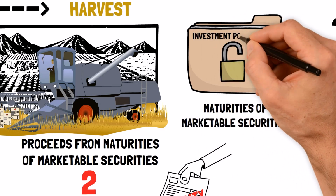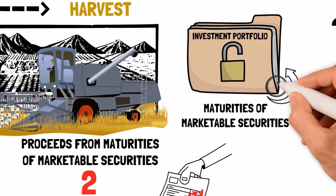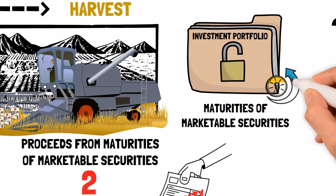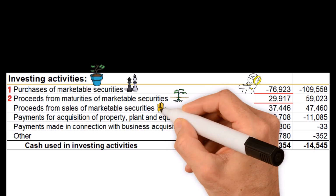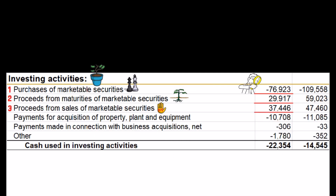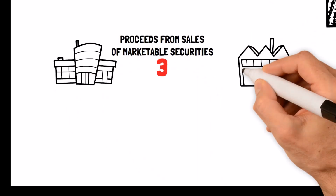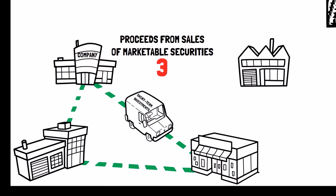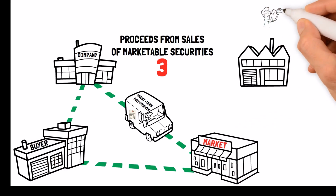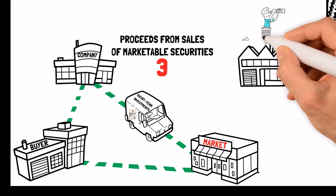These gains, known as proceeds from maturities of marketable securities, showcase Apple's expertise in managing its investment portfolio and maximizing returns. Proceeds from sales of marketable securities, the financial art of letting go. Proceeds from sales of marketable securities represents the cash a company receives when it decides to sell short-term investments, such as stocks, bonds, or other securities. This financial activity gives understanding regarding a company's ability to recognize the right moment to divest its assets and capitalize